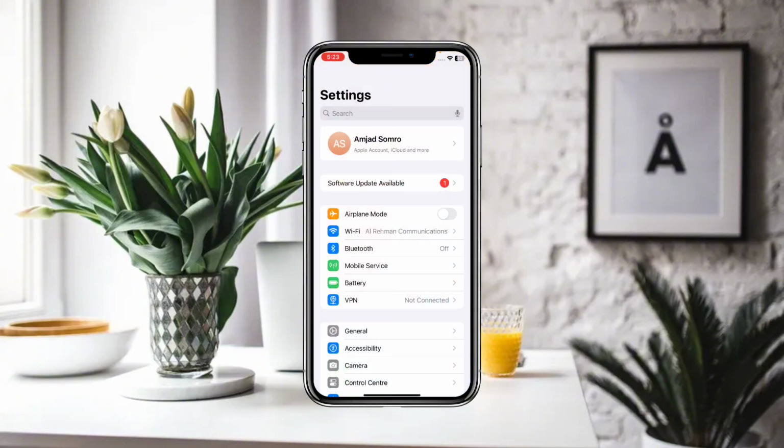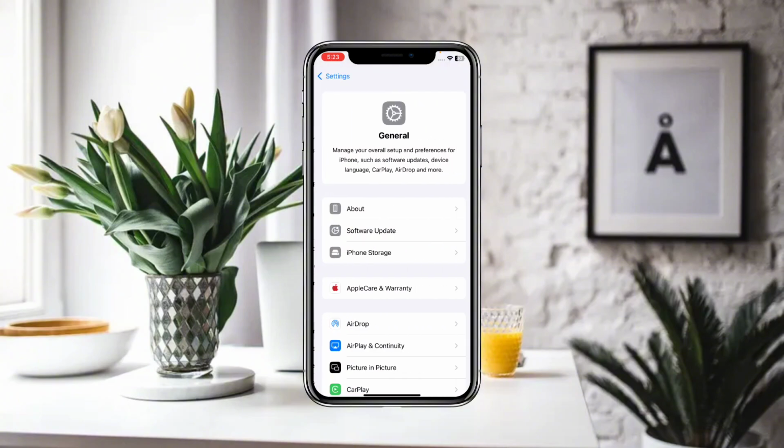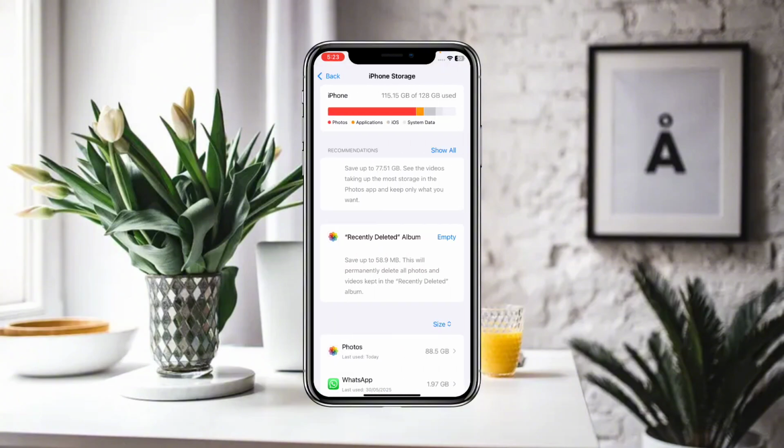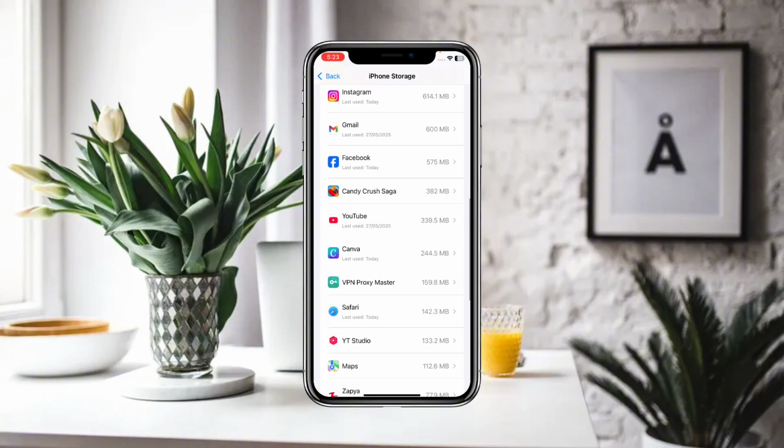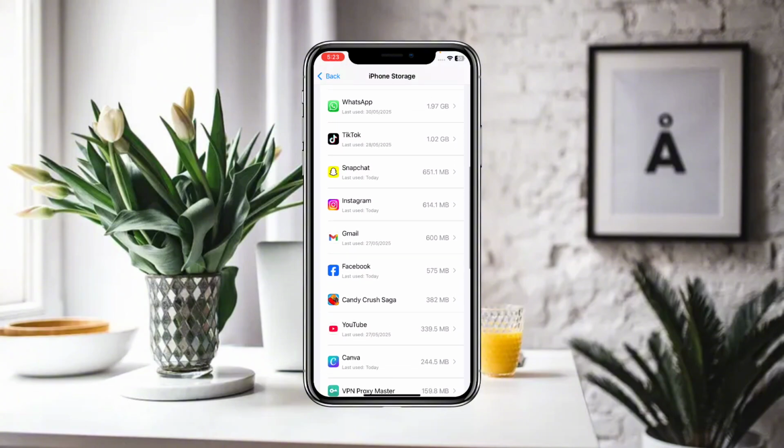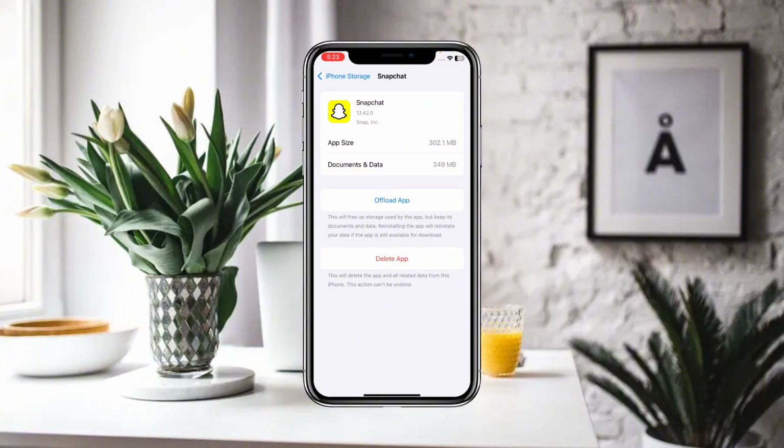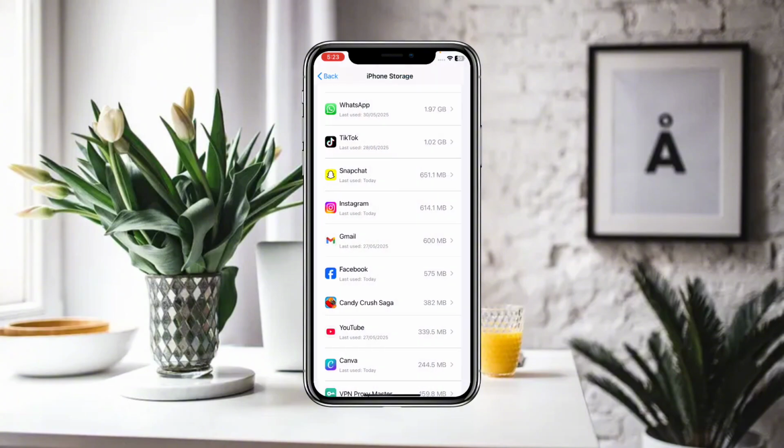again, and this time you have to go to general, and after that click on iPhone storage. And here you have to scroll down until you find the option of Snapchat, and here you have to click on offload app. And after clicking on offload app, you have to click on reinstall the app. After you see the app is showing a reinstall option, after installing it you have to simply go